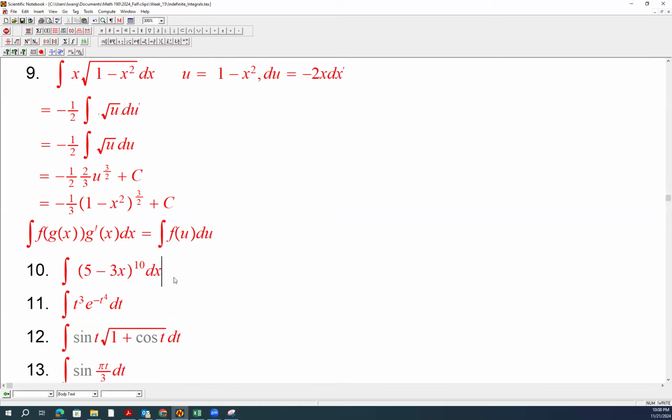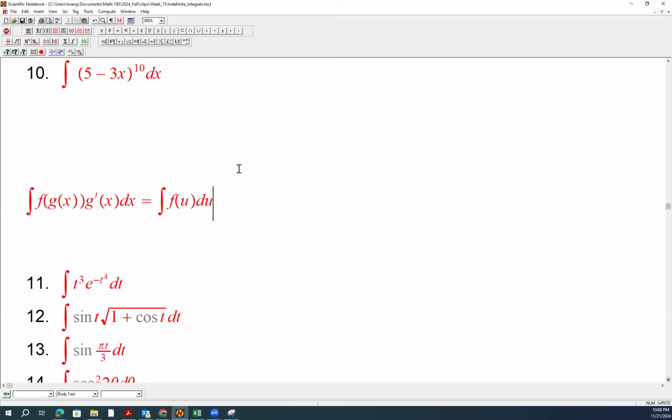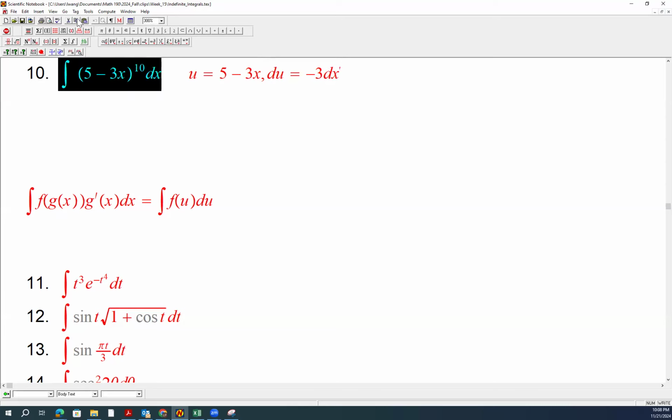Last one for this recording, number 10. Of course, we're not going to FOIL, right? This would be too complicated. So in this case, the substitution will be perfect. So u equals 5 minus 3x, right? So du equals negative 3 dx. You can see du and dx have a relationship. And as we substitute,